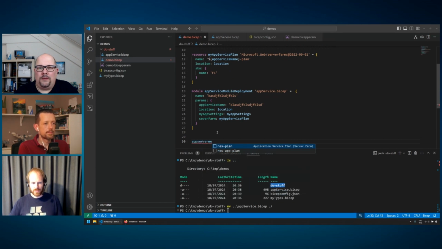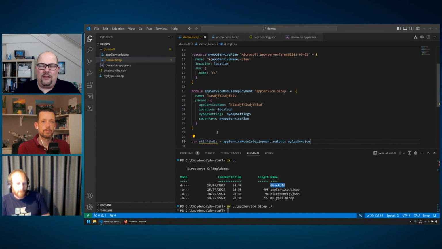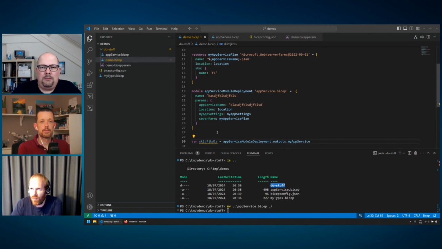App service module. It makes your Bicep files more readable, but I can also imagine, although I haven't seen it because I haven't used this feature yet, that it speeds up your deployment. If you have a very large structure and you're working with IDs, you're doing the existing thing all over again in every file. Every time you have to find this resource by ID. So I think that passing it along would be faster, but I'm not sure. That's interesting. Maybe the same thing happens under the covers. I don't know, but could be.